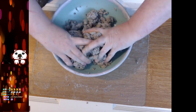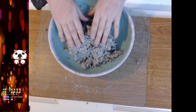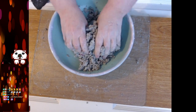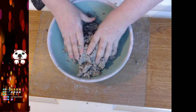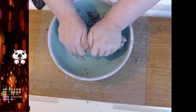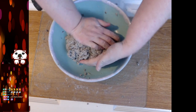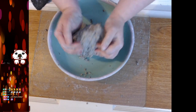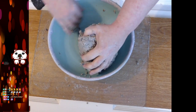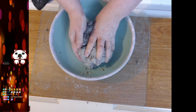Okay, so what I'm doing now is just kneading it. I'm just pushing everything that I have on the top, rolling it under and to the bottom. It's mixed up evenly. Pretty much can't see it, I know, I'm sorry. To you guys, it just looks completely even. Still kind of crumbly, but